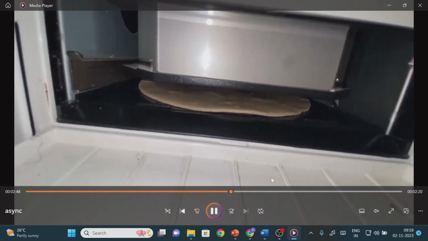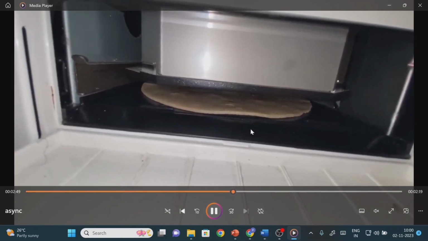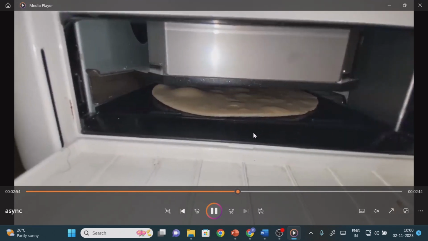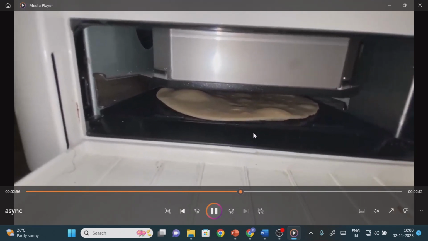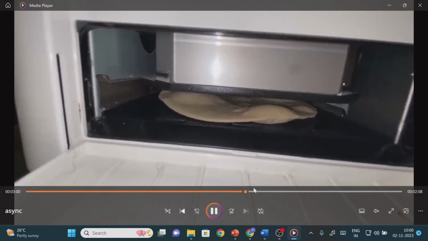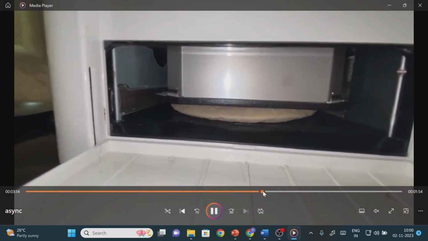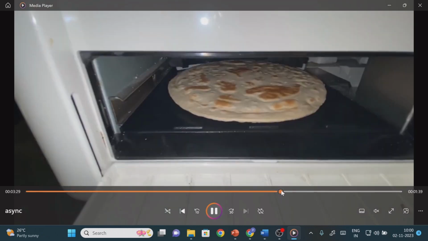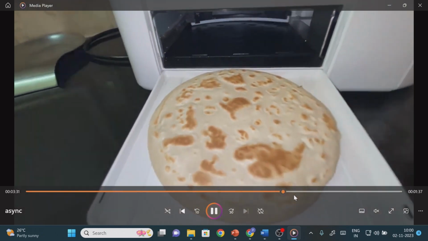Now if you watch this video, you can understand. This is an automatic chapati or roti making machine. See that it is the first step. We are giving the input, and it is making the chapati, right? Next, after some period of time, if you observe here, it is making the dough, it is preparing. Once it is done, see that we are getting the chapati, right?